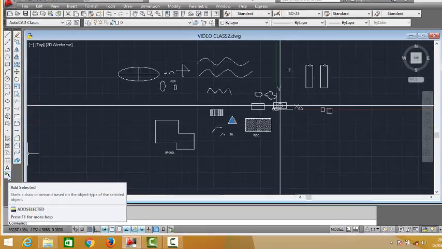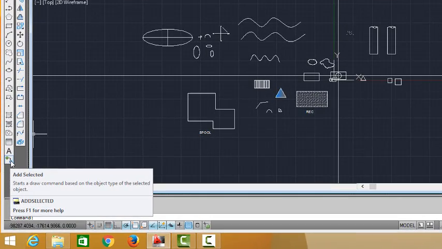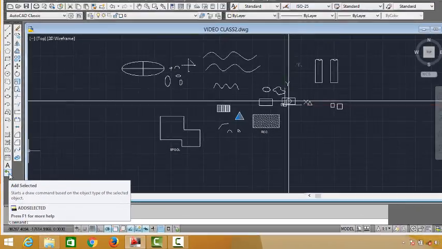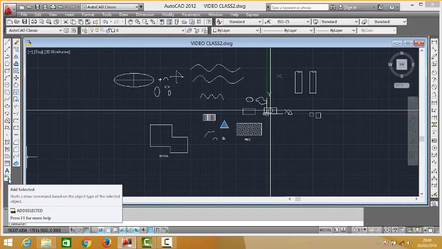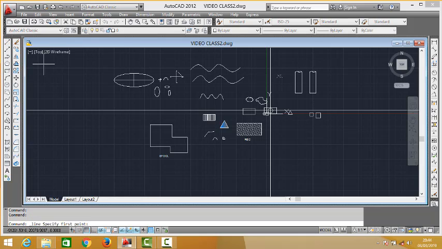The last tool in the draw toolbar is AddSelected. Now AddSelected is a very good tool. It's a very useful tool. We can use it to scale an object in the X and Y axis and then add a rotation angle to it. For example, if you have something like this,